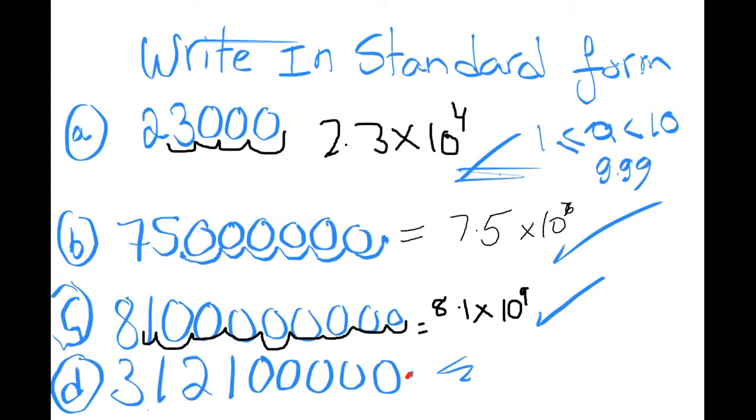So let's count with me. If I stop here, Ahmed, it is still greater than 10. I want the number greater than 1, but less than 10. Here, still greater than 10. Here, still greater than 10. I keep moving till I find my number. If I stop here, it's 31.2. So it's greater than 10. So I have to stop here to make my number greater than 1, but less than 10. Okay? So it will be